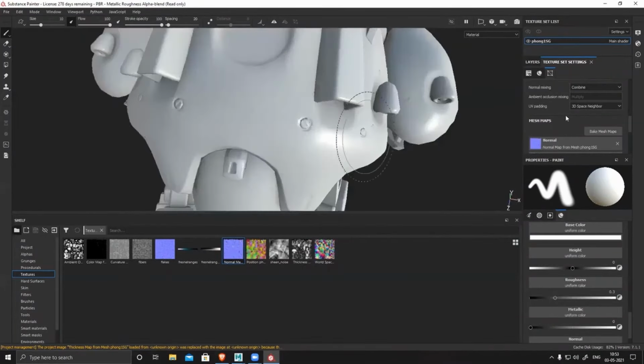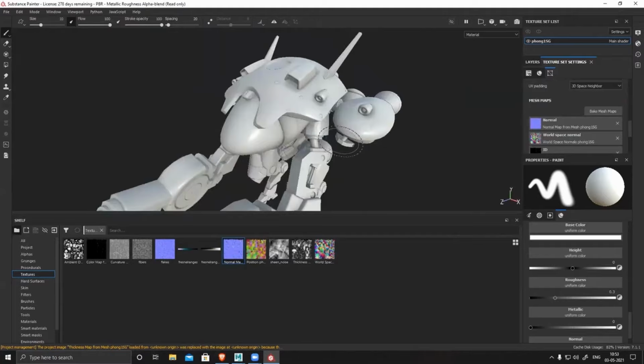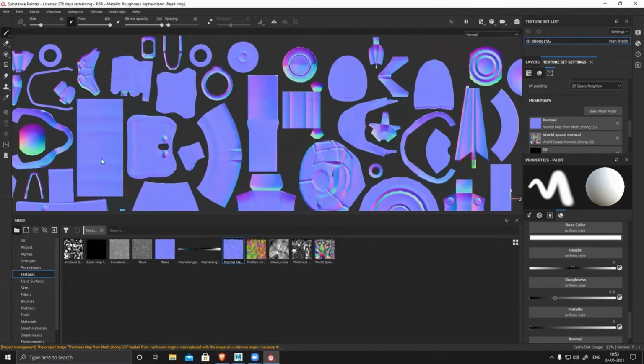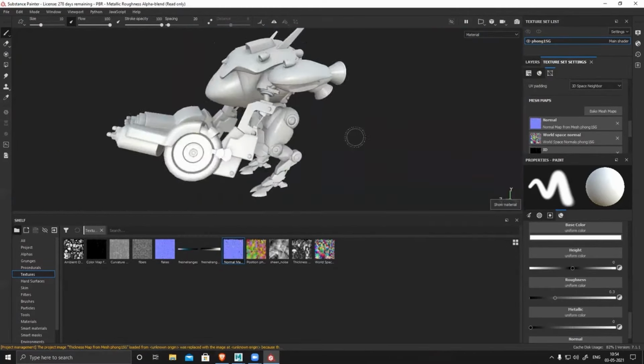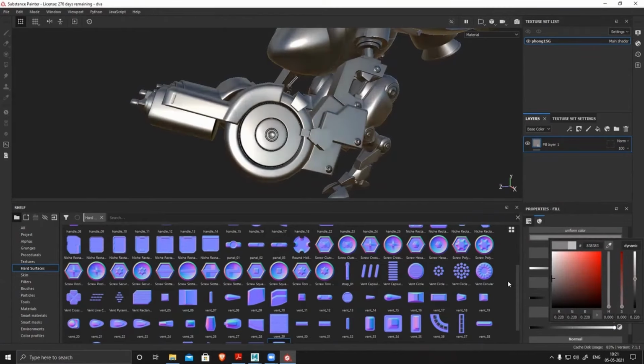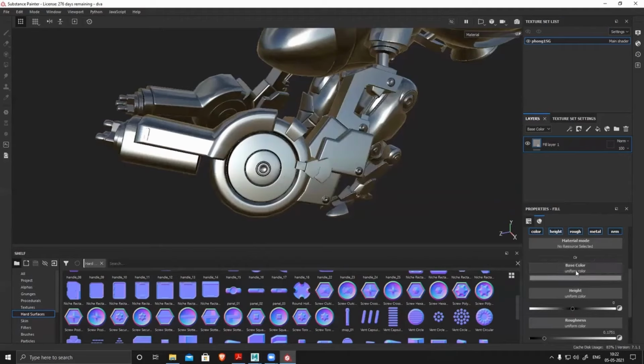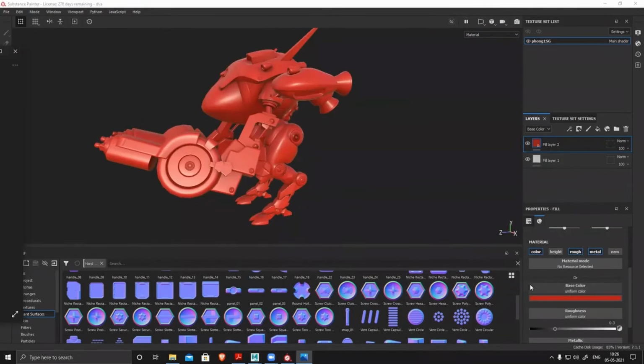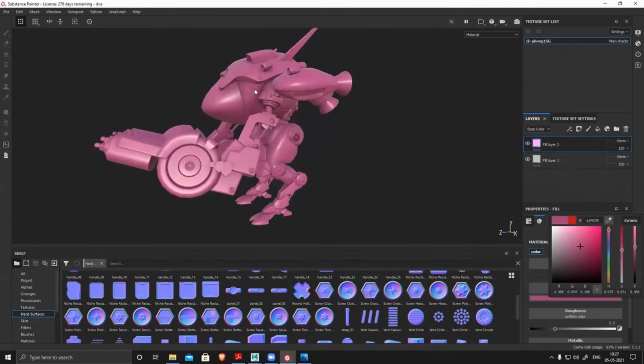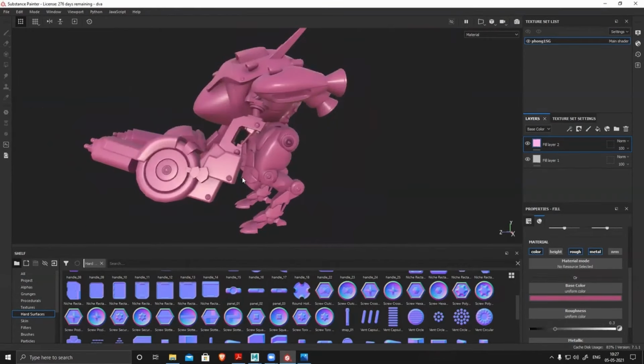So now I have the complete model. Now you can see all the information is correct and in place, and you can see my normal map, there is no issue. Now start texturing. Initially, I start with the base color. I'll define the base property. Basically base is a metal, so I applied a gray metal color. On top of this I add a paint layer.